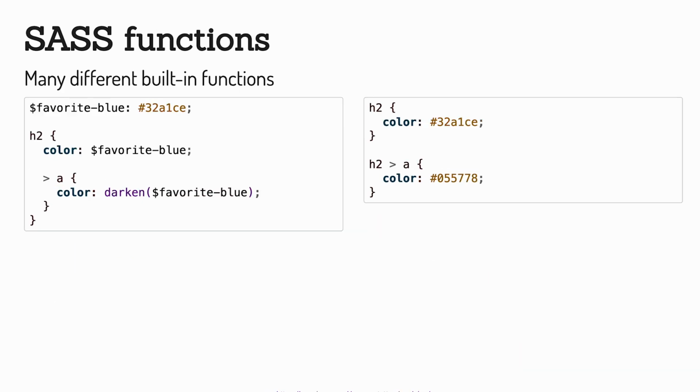And we also have functions. There are a lot of functions to talk about. The main ones I end up using are the color modification functions. So we can darken a color or lighten a color, but there's also much more expansive stuff. You can do math. There's conditional logic you can use in this.